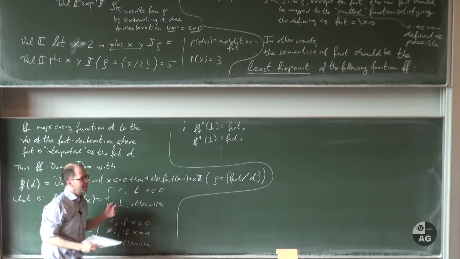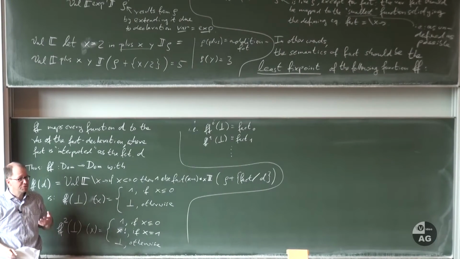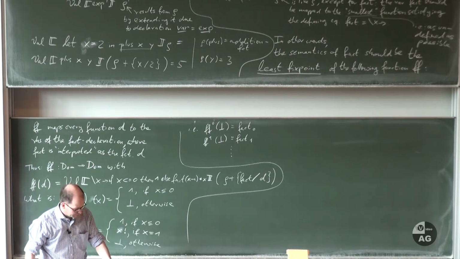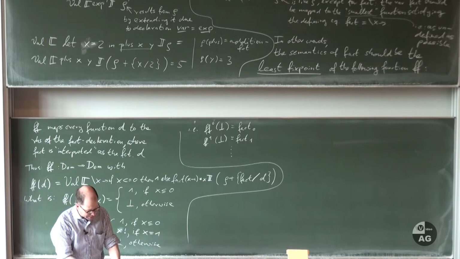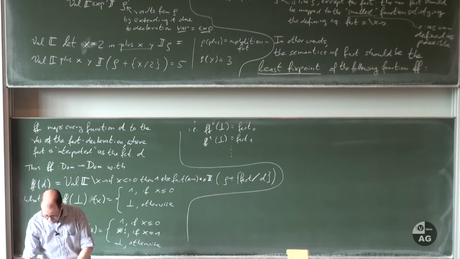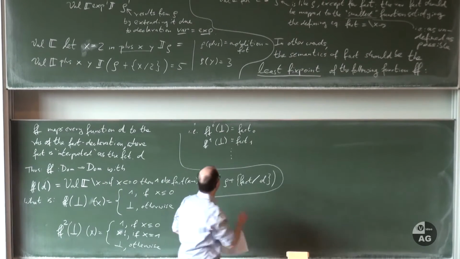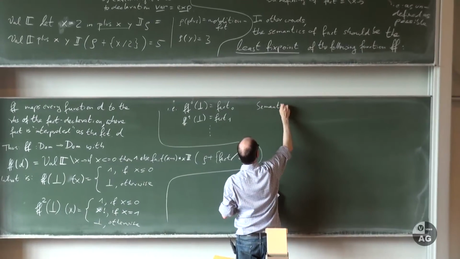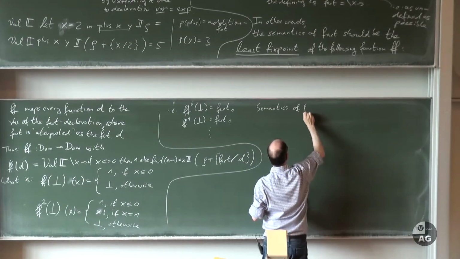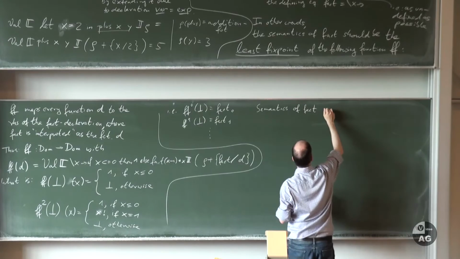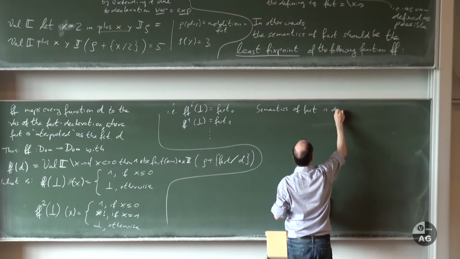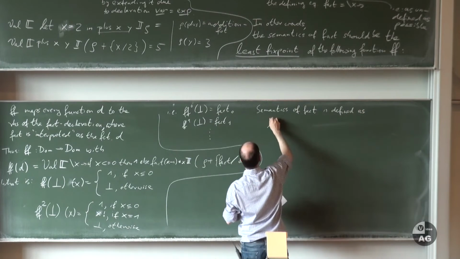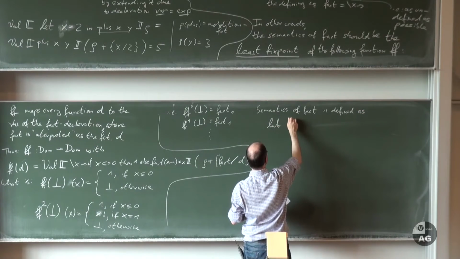And we have seen that this is a chain of functions which goes closer and closer to the real factorial function, and the semantics then can be defined as the least upper bound of this chain. So the semantics of fact then is defined as the least upper bound of this chain,